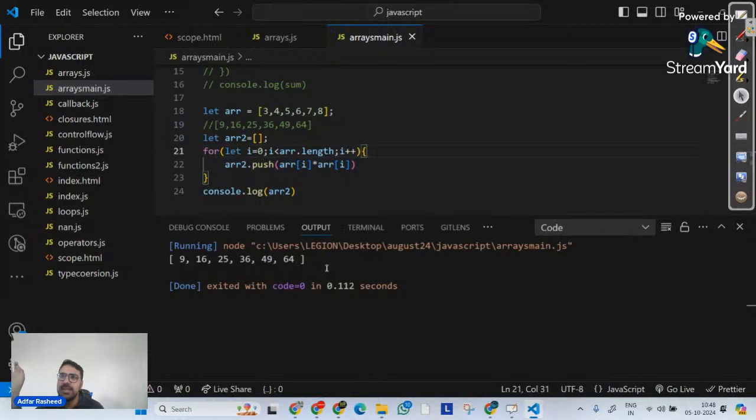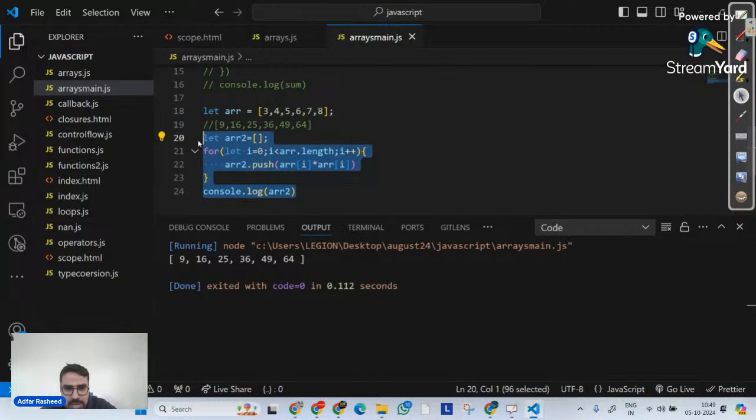Our requirements were very clear. I have to create a new array, which means I wanted to implement an operation on my web applications array that should simply return a new array. So I had to create an array first of all. Second thing, on every single element, I have to multiply the element with itself and put it in the array, which means I had to start a loop, which means I have to tell it start with i is equal to 0, stop at arr.length, and then i++. But I can do the same thing over there by just writing a single line of code.